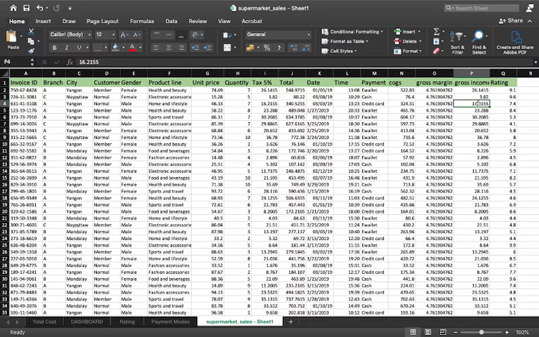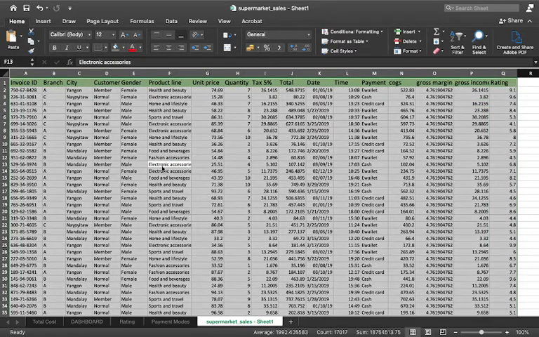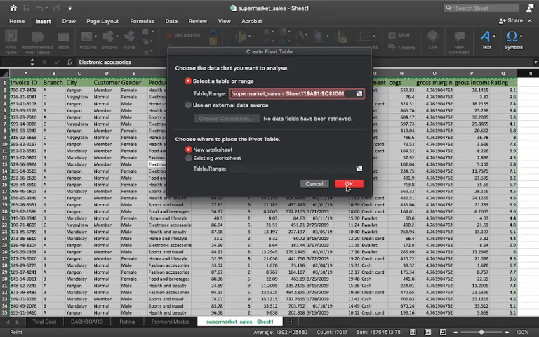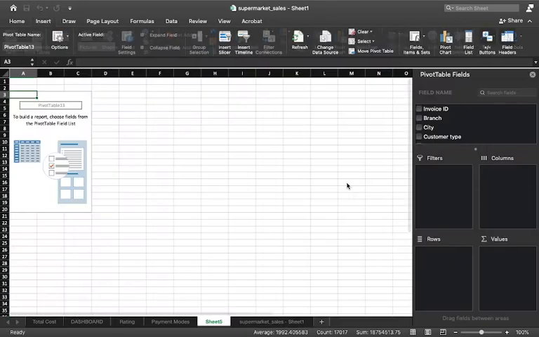Like, this is one of the most vital pieces of information that you need whenever you are selling any of your products. So let us create a pivot table upon that as well. I'll select my entire table. You can do that with Control and A. I'll go in Insert, click on Pivot, click OK.